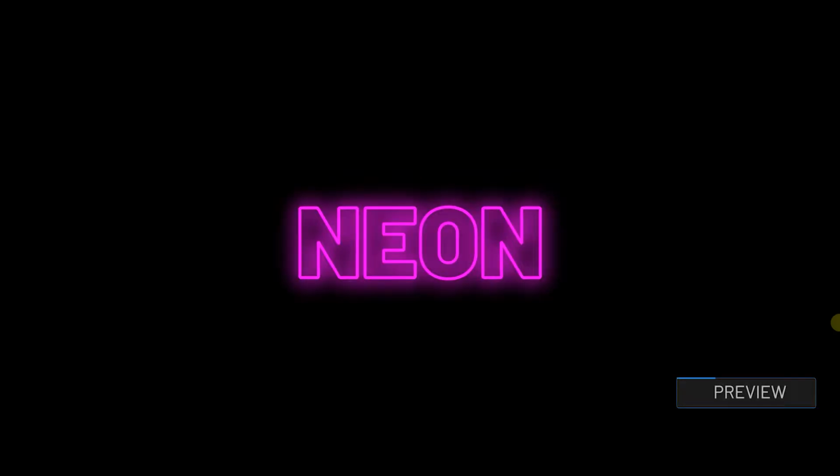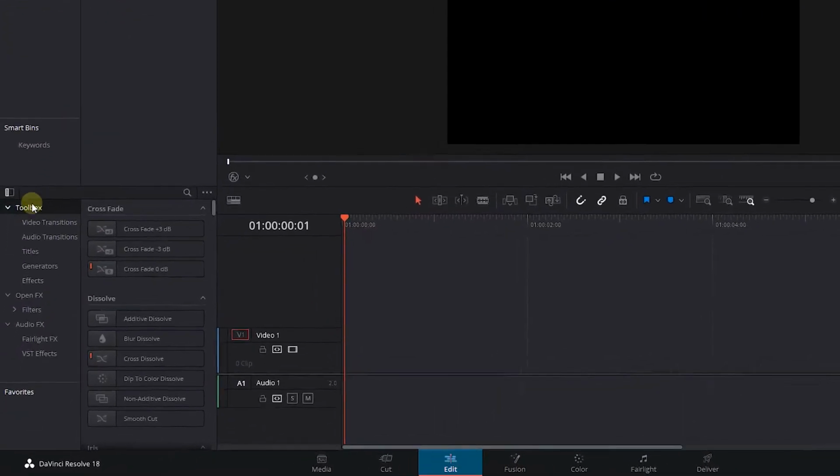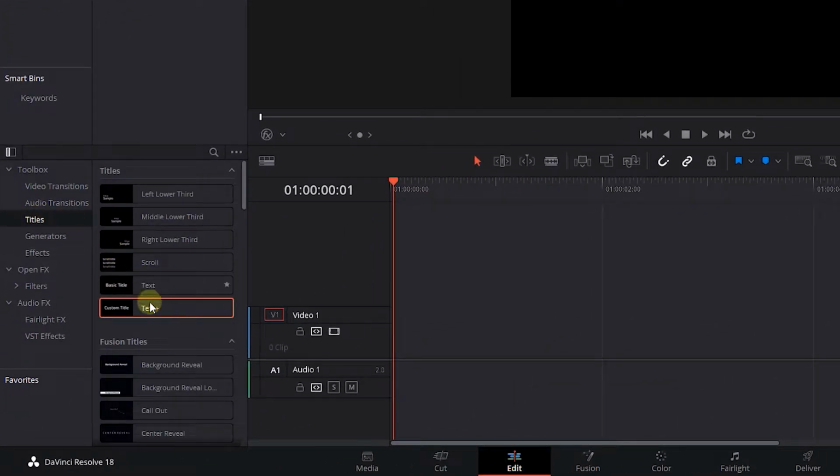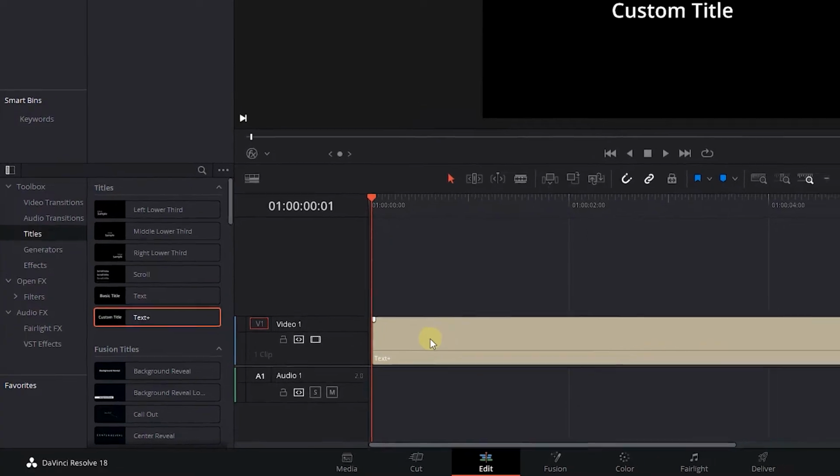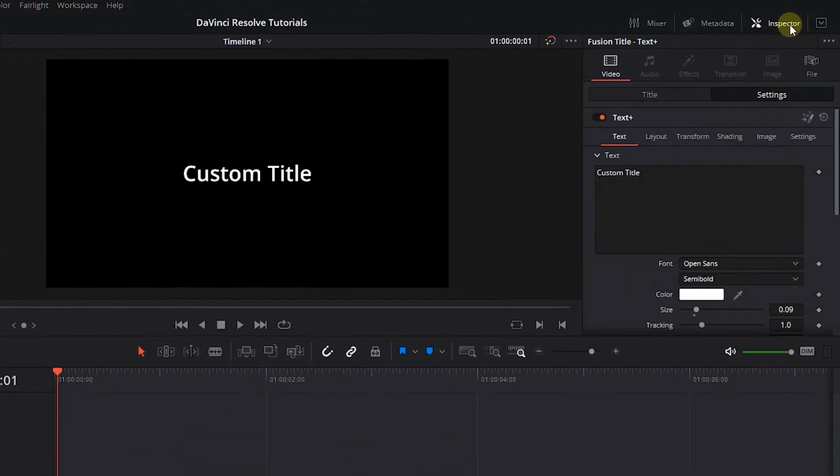How to create glowing neon text effect in DaVinci Resolve. Go to the Effects panel and click on Titles. Drag and drop a Text+ in the timeline. Select the text and open up the Inspector panel. Change the text properties to your liking